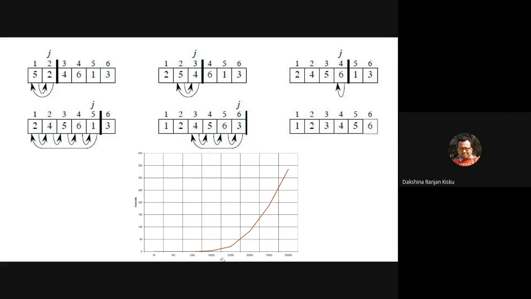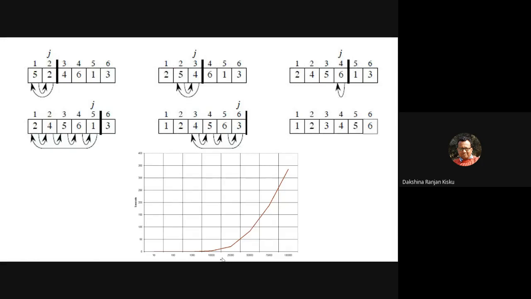So here the inserted element is indicated by j. Okay. So here the element is 2. The element on the left is found to be 5. So 5 is greater than 2. Therefore 5 will be moved to the right of the inserted element, that means to the right of the element 2. Okay. And the vacated position will be occupied by the inserted element, that is by 2. That means 2 will move to the vacated position and 5 will move to the right of the inserted element 2. Okay.